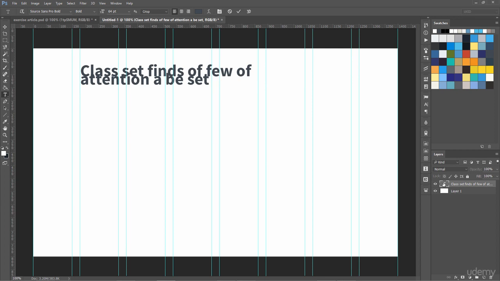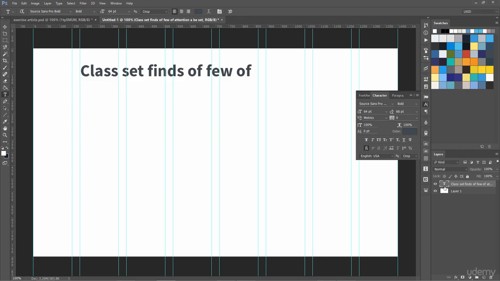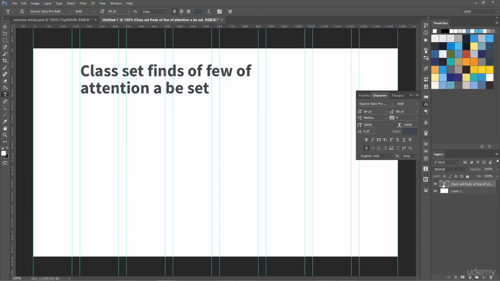Okay, now we have a problem of line height, so we are going to use this line height or leading 64, and I think 72 will be more than enough. As it is a heading, we will be using near 64, it is 66. Let's make the bounding area of the paragraph a bit bigger, like that. Okay, our heading is all set.